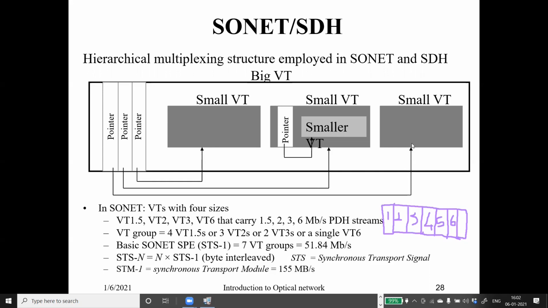So small size को भी आप accommodate कर पा रहे हैं, big size को. So this is telling you how flexible is this system, not limiting कि अभी तुम्हारा हर data, हर frame size should only be 51.84. No, it allows you to have data rates which are smaller than 51.84 and also which are larger than 51.84. Is it clear? Yes, ma'am.